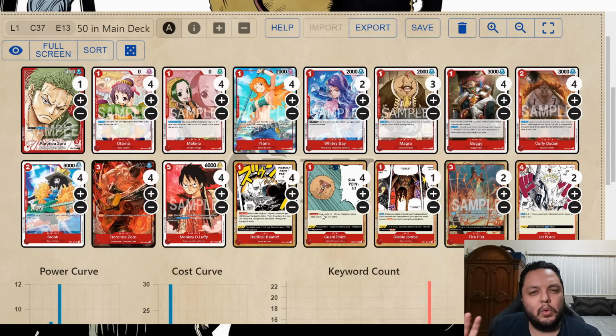This is similar to what OP1 was trying to do, but now it's more refined. You have more searches, good one drops that you can play, just more searchers, so your deck is more consistent that way. You have the good payoff rushers, and then you have some new cards in terms of Fire Fist,